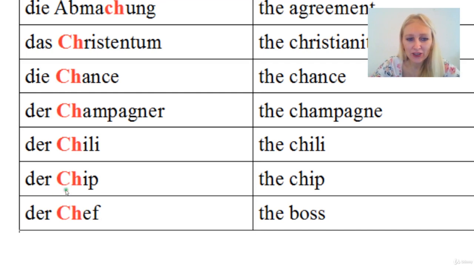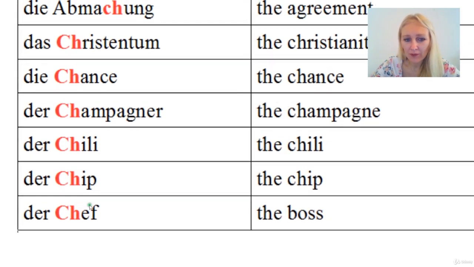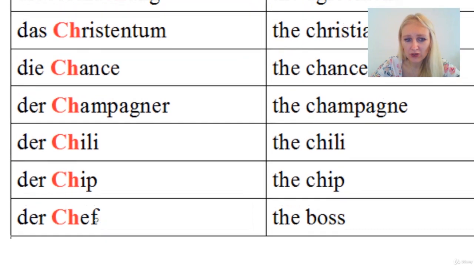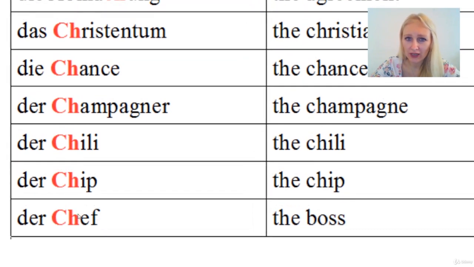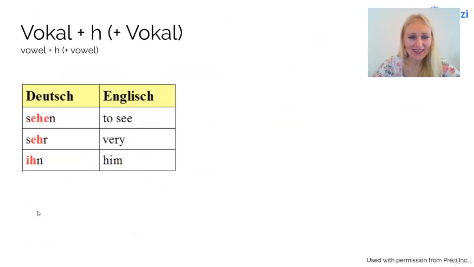Here it's der Chef. In this case, this is a false friend, as we call it. So it's not like the English word, the chef. Chef in German means the boss, der Chef. So it's not somebody who is cooking or so. It's just the boss in any kind of industry. Okay, so der Chef. Dann die nächste Seite, the next page.